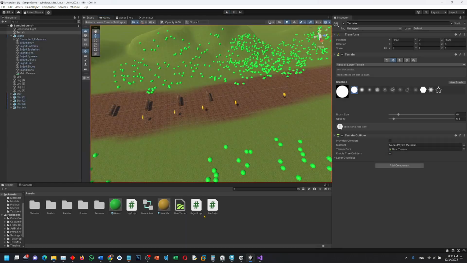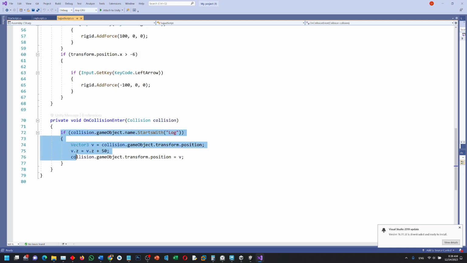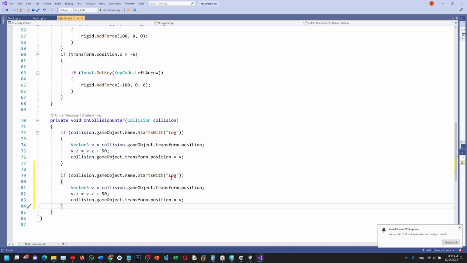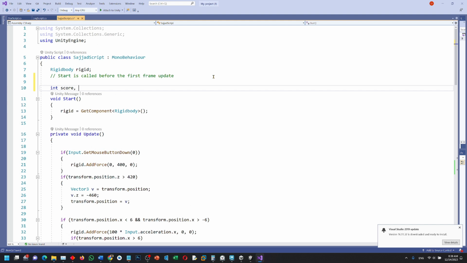I could have the collision script as well in my Sajjad sub for stars, doing the same thing. If it starts with a star, take the position, make it plus 50, and that should happen as well. Also, I can start working on my score and health,